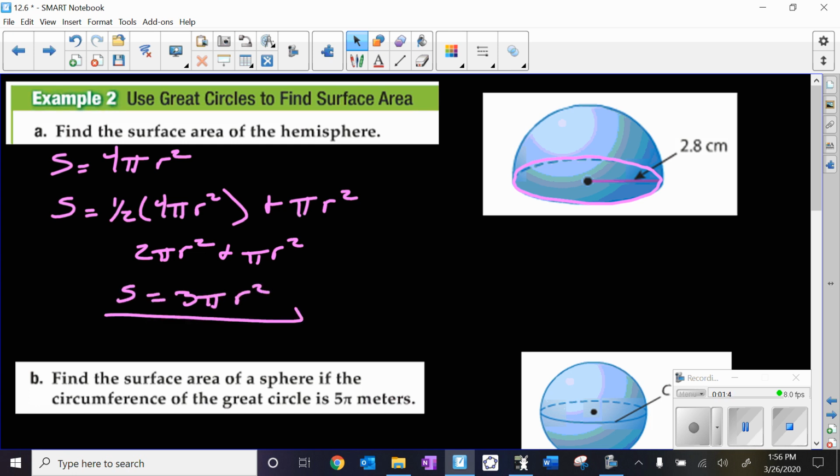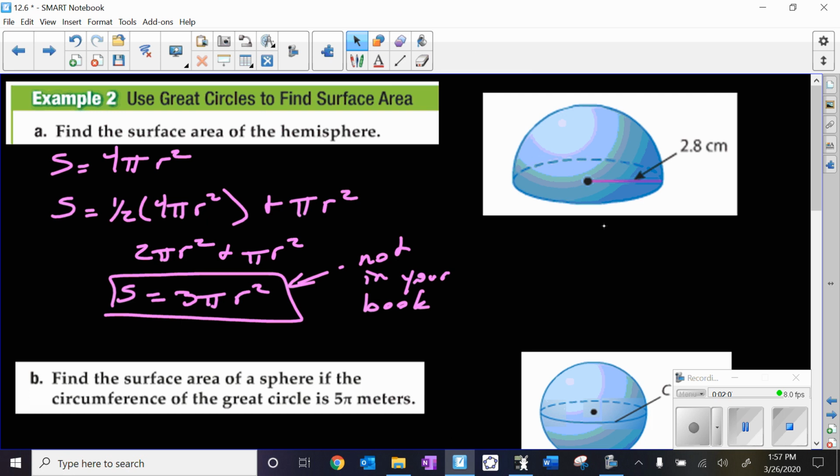This is how I'm going to suggest we find the surface area of a hemisphere. This is not in your book. I would take a moment to write that down and say that's how you find the surface area of a hemisphere. Okay, so looking at finding now the surface area of this hemisphere, we can now use this formula that